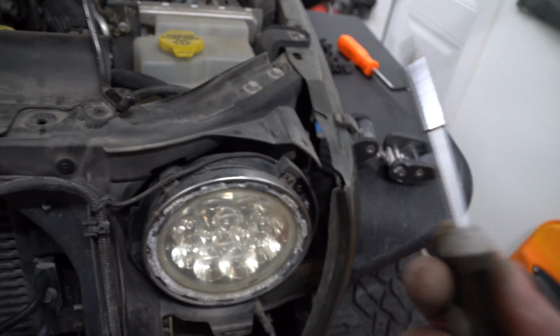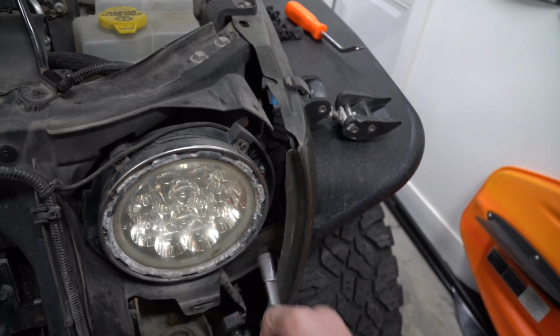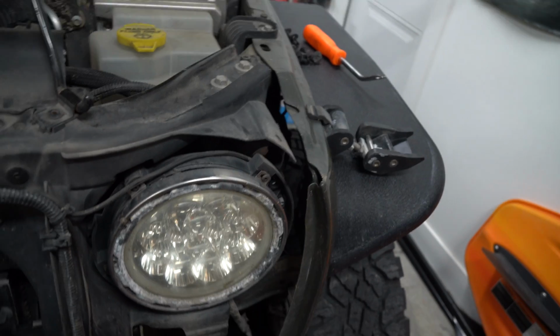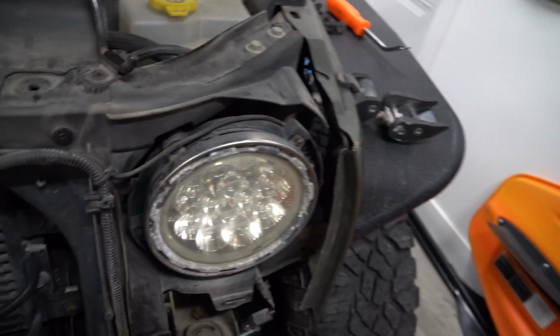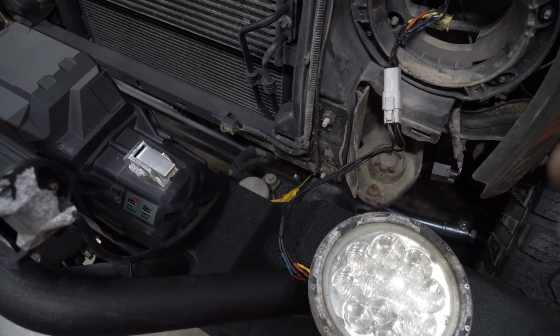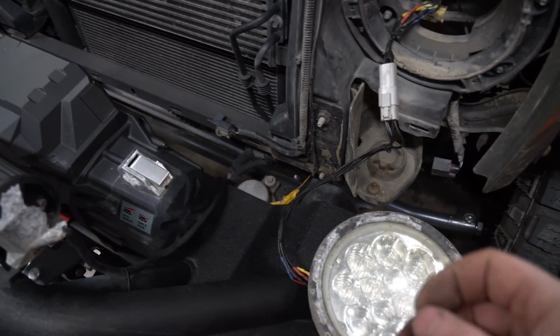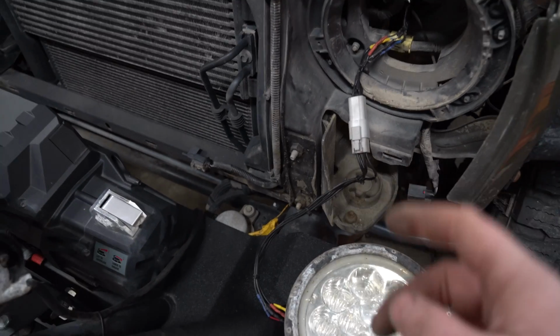All right, so again, take a Torx and take out all 4 of these bolts. Once you do these 4 bolts though, the light will fall out, so have your hand there ready to catch your light, otherwise it'll fall and blow up. When you pop out your headlight, yours is going to be a little bit different than mine, and the reason why is because I've added in